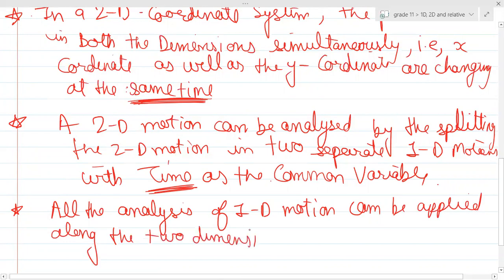Please remember, just similar to this, a 3D motion can also exist. Just like 1D motion, you understood 1D motion, we gave time on 1D motion. 2D motion is basically just two separate one-dimensional motions happening together in different axes. What is 3D motion? It will be three different 1D motions happening simultaneously at the same time. Are you getting my point? Is this clear?